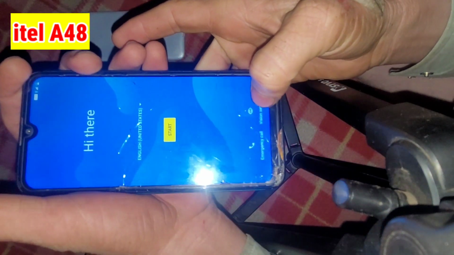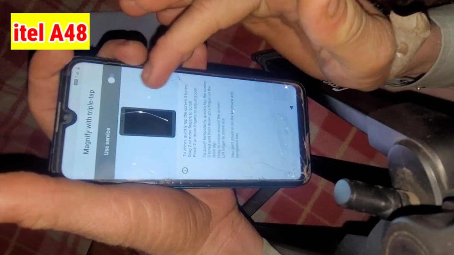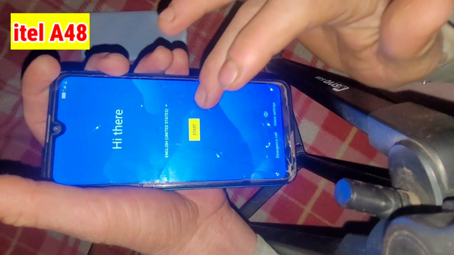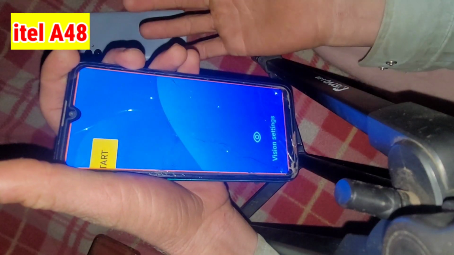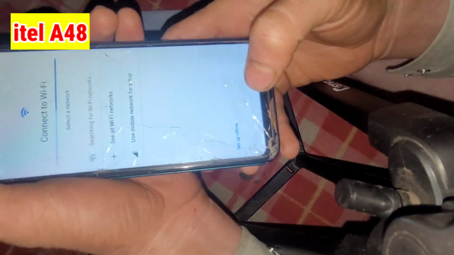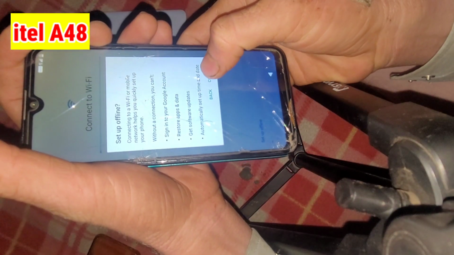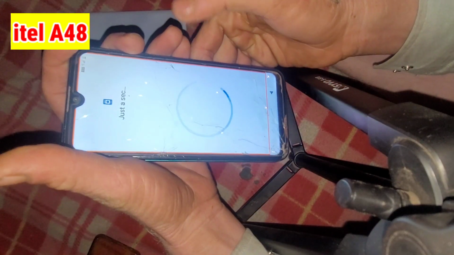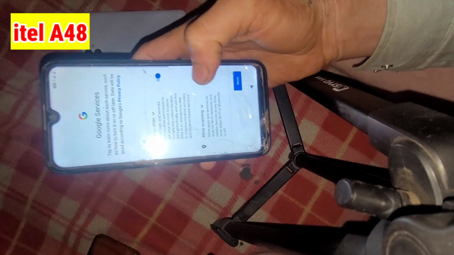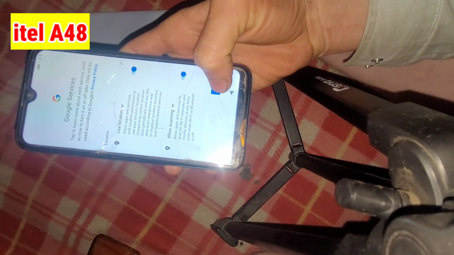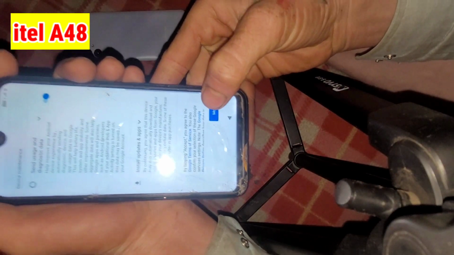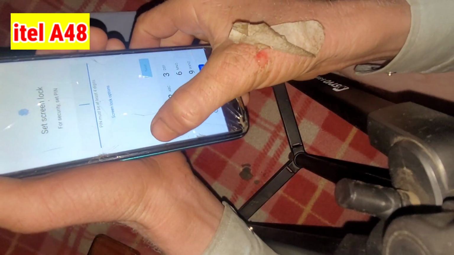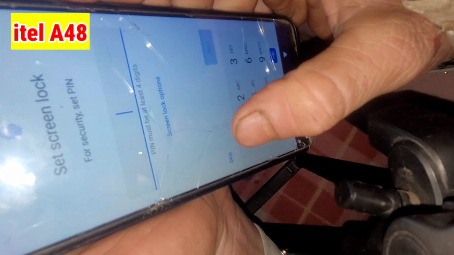Click on vision settings and the magnification option, turn it on and go back, click 3 times and set up offline. Do not connect to any Wi-Fi network. Set up without Wi-Fi. Accept Google services, accept, agree, and do not set a PIN, password or pattern.